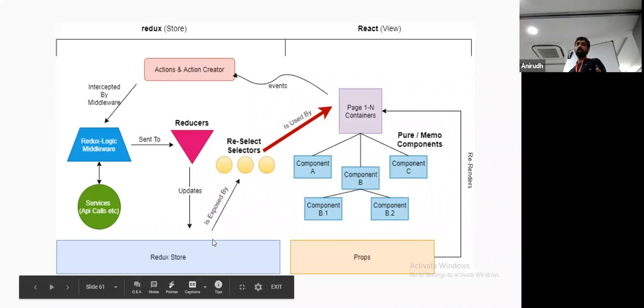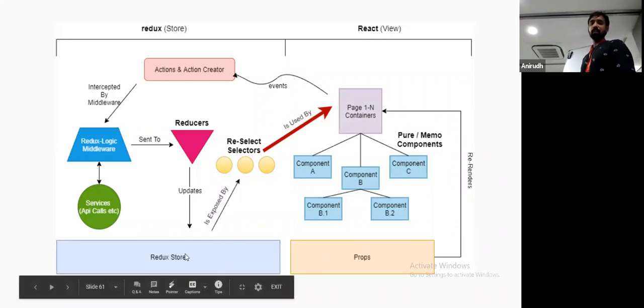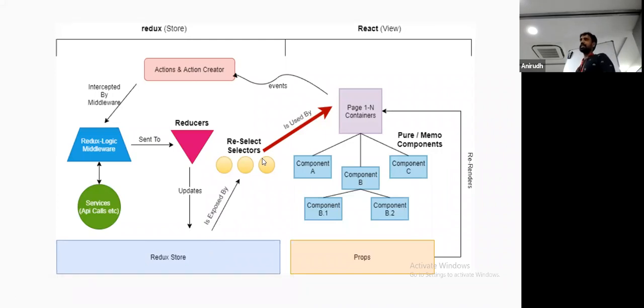So in the reducer you can use immer to make sure that the data is not mutated. And once the updates are made in the store, it is exposed to selectors. Selectors are basically the reselect library. So basically all the business logic, like fetching the data, once you get the data from the store, obviously you need to make the data consumable by the component, right? So the component has a particular format in which it consumes the data. So all that logic you can have in the selectors.